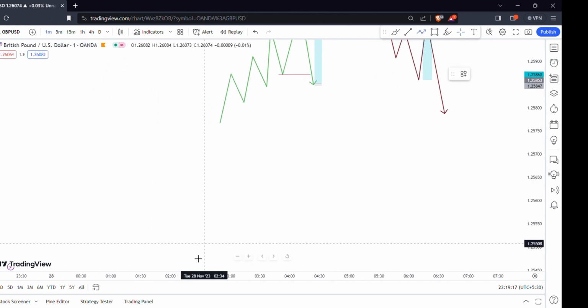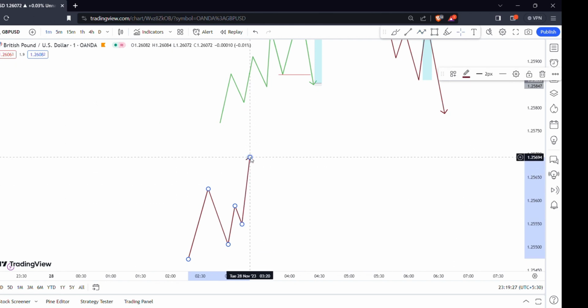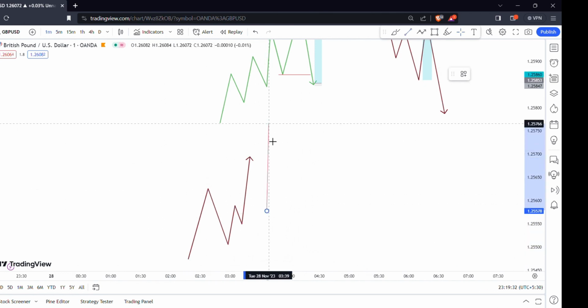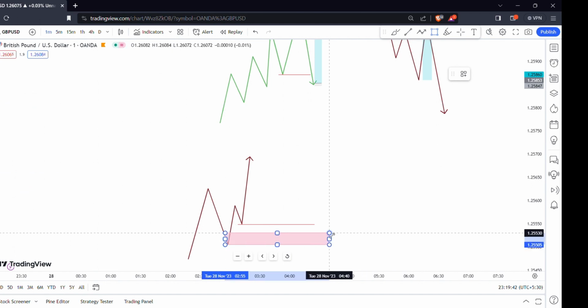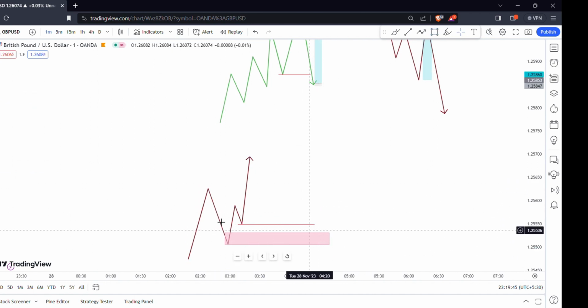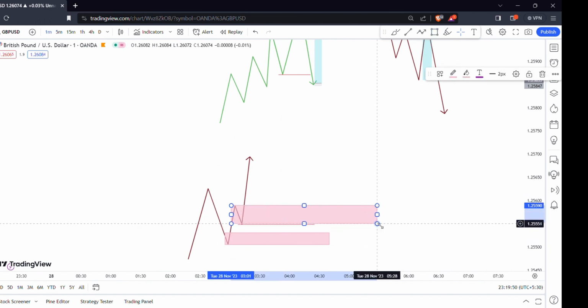So what is the structural liquidity? Let's say the market is moving like this, and we are in this phase where the market is moving in a higher highs and higher lows pattern. This is the structural liquidity. The low that was inducing a clear order block is known as the structural liquidity, because many smart money people will look in this zone and trade the markets.